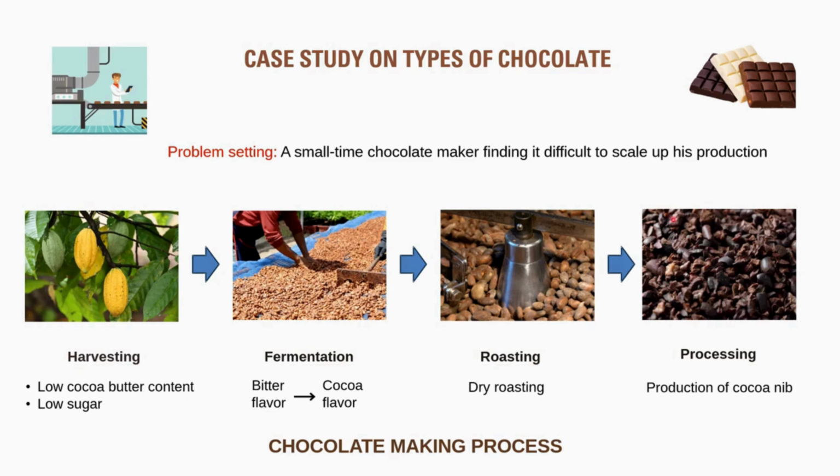After roasting, shell is separated from nib. Nib, which serves as starting material for chocolate production, is rich in both cocoa solids and cocoa butter. Nibs are usually ground using a roller, and the rolling action generates enough heat to melt your cocoa butter, which results in formation of something called cocoa liquor. And this cocoa liquor is rich in cocoa particles, and the particle size is around 20 to 30 micrometers.